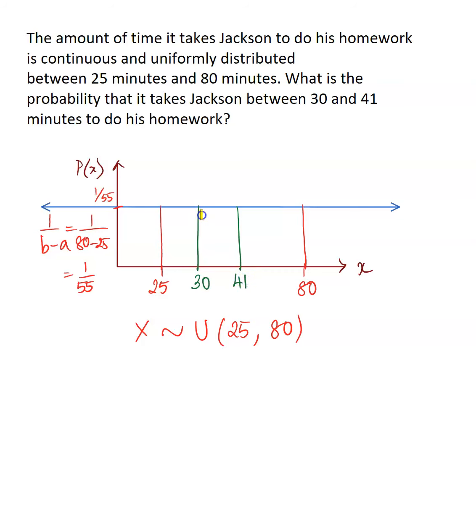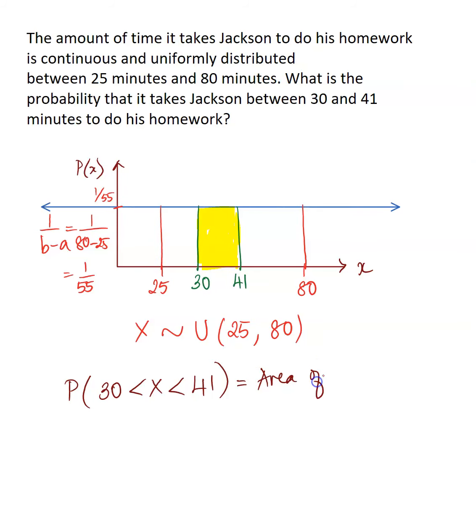Then it is this shaded region that we are interested in. We use the red box to get the height, but we are actually focusing on the green box, so the shaded region here. So probability of x lying between 30 and 41. You have to learn to write it like this, especially in your exams. You'll be expected to show the work like this. So don't just present the answer, learn how to present the answer neatly. Okay? So try to imitate this style of writing so we can see your working there, which is the area